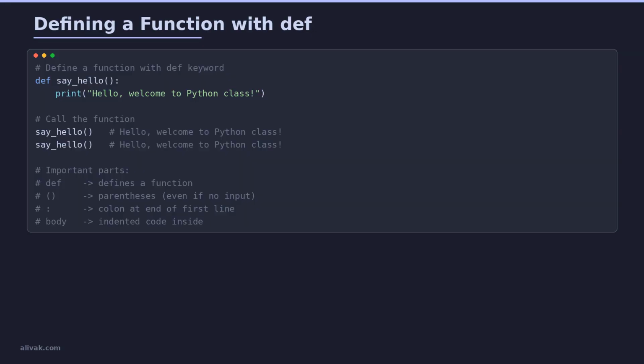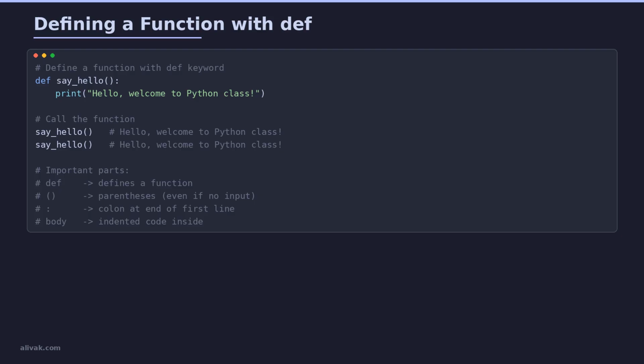This is a fundamental principle of good programming. In Python, we define a function with the keyword def. The syntax is def, followed by the function name, parentheses, and a colon. The body of the function is indented. To run the function, we call it by writing its name followed by parentheses. In this example, we define say hello and then call it twice. Each call prints the message once. The important parts are def to start the definition, parentheses even if there is no input, a colon, and indented